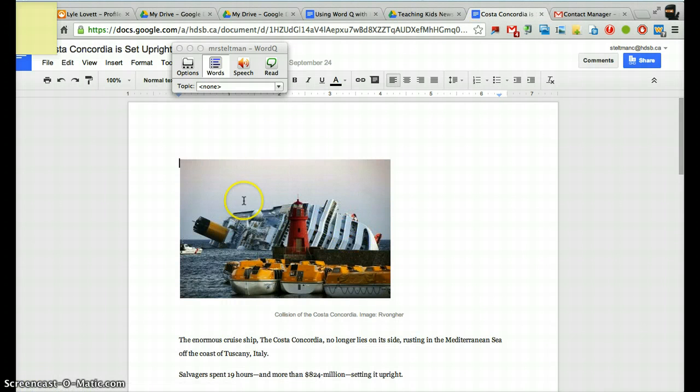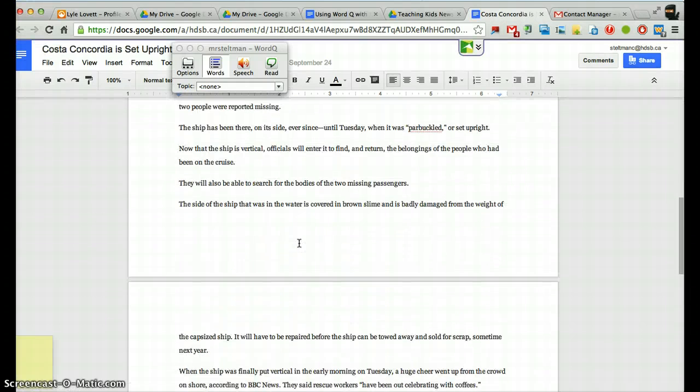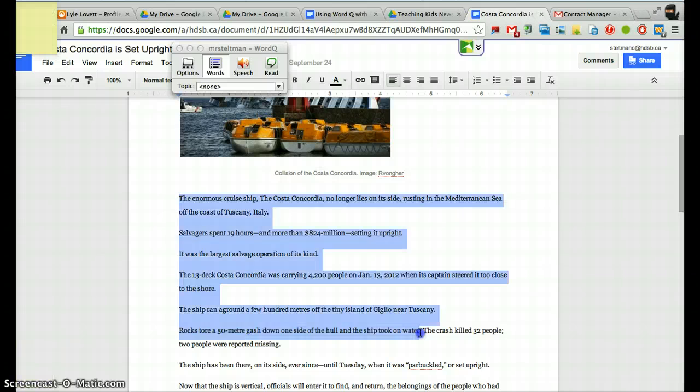And so we can see, oh, there's the Costa Concordia, the ship, and here's the whole article. And what you're going to do is you're going to have it read to you. If this is the article you pick, you can pick any article. So make sure you highlight the article,